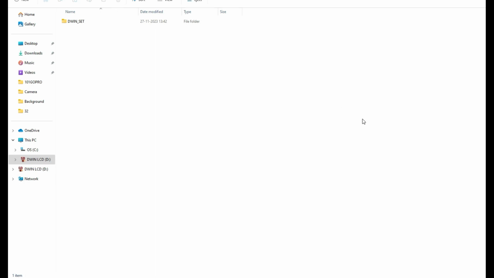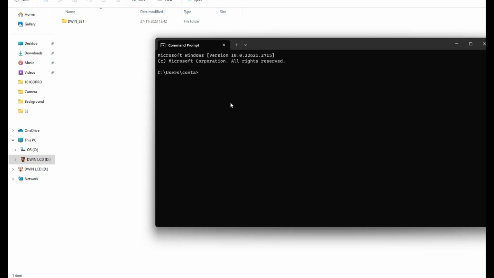I was working on a project in which I was using DWIN LCD. In that particular project, I was facing an issue related to the SD card when putting the code into the DWIN LCD. The SD card was not getting the file transfer. So today I will show you how to format that SD card so that you can get the SD card working with your LCD. So you need to open command prompt, and one thing you have to notice that this